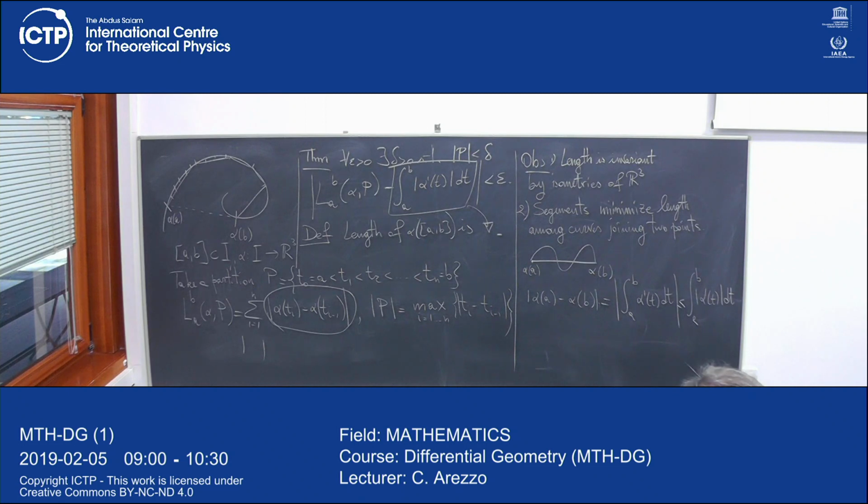It's a bit more interesting, and a nice exercise, to prove, passing through this way of reasoning, that if you have equality then alpha is actually a straight line, because this proves only half of the story. You say, if alpha is not a segment, the length is bigger. Well, I'm not sure I said it correctly. Can you prove that if this is equal, then alpha is actually a straight line? Try. A priori there could be another curve having the same length. You say, okay.